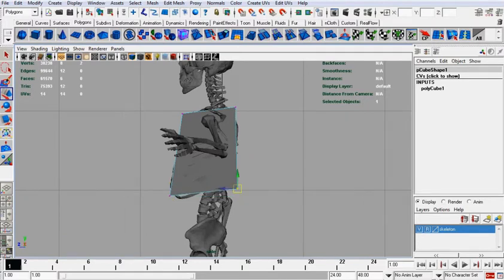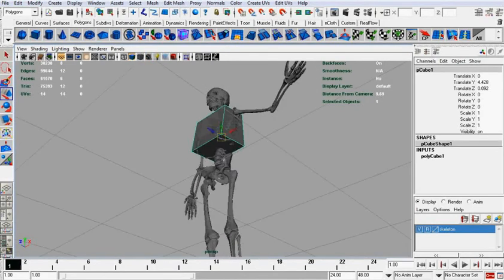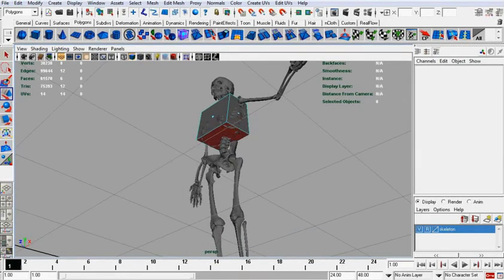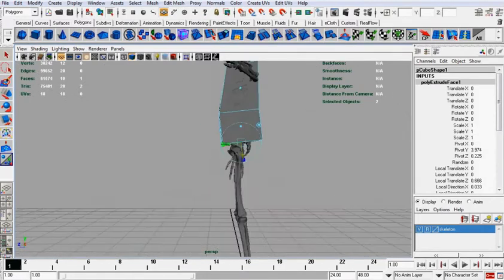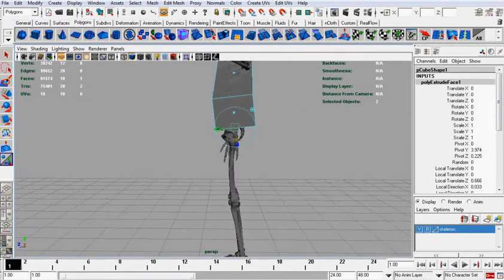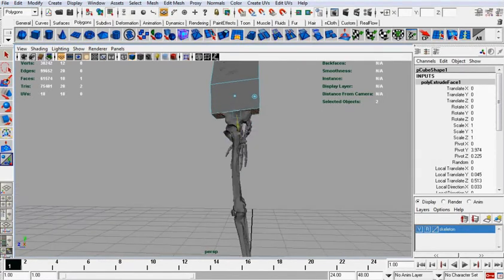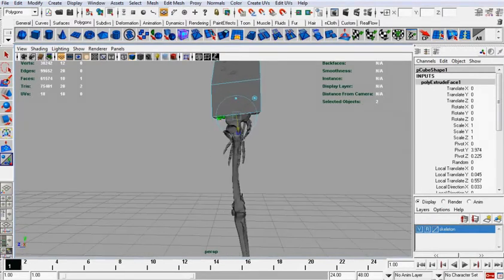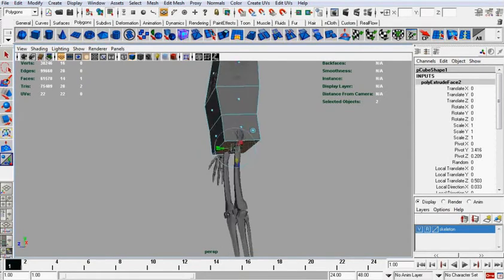It doesn't matter again if a few of these poke through. So you will need to jump from viewport to viewport. If you select the face and then use your extrude tool, bring it down here. Take this one to just a kind of hip area. Squeeze this in a little bit, and then press G to use the same tool again. And I'll take this down to below the hip area, where again I'll reduce the